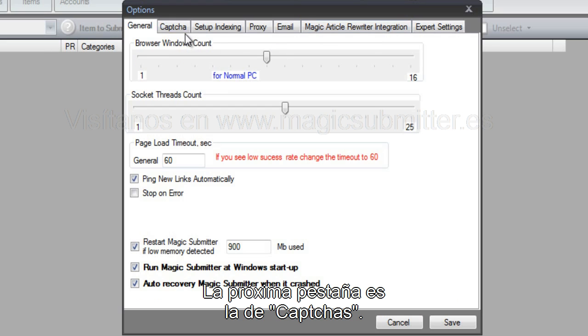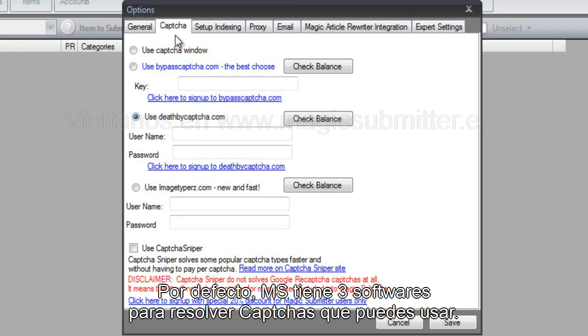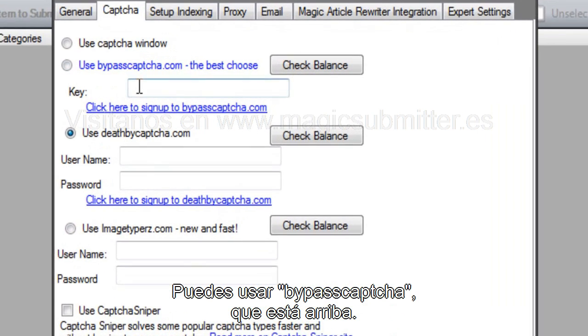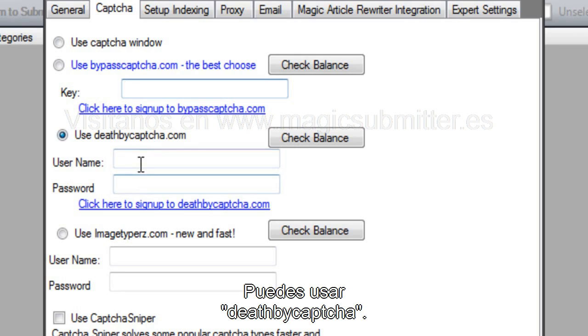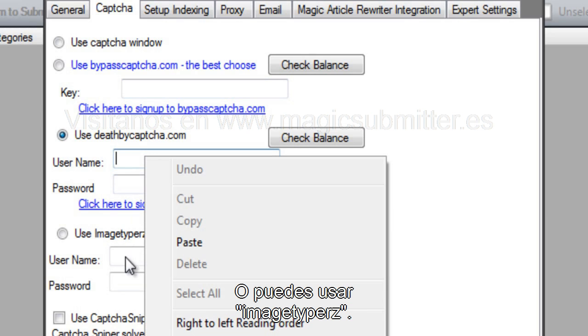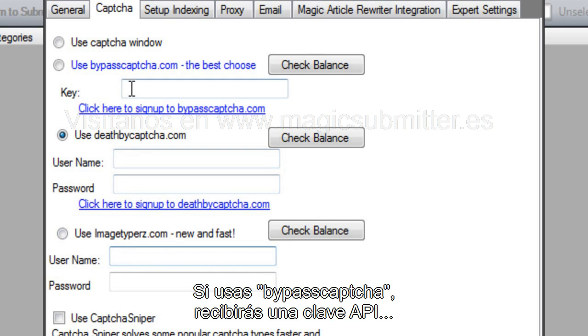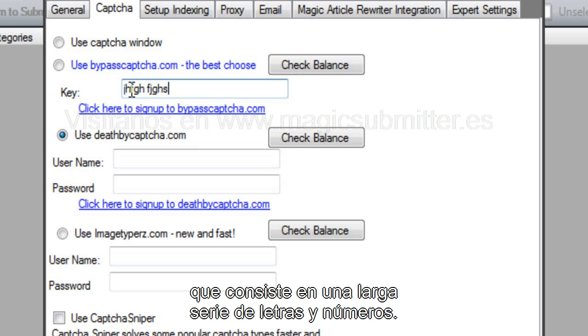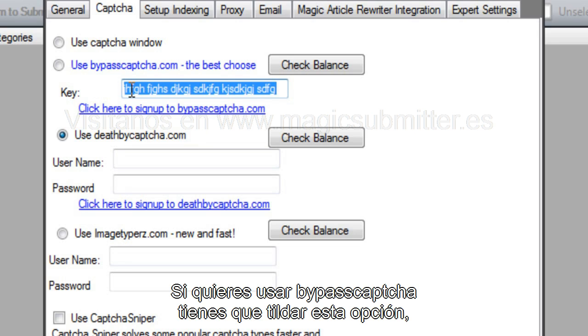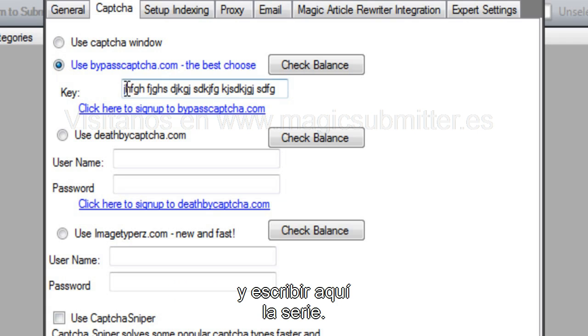The next tab that we need to look at is the captchas tab. By default, Magic Submitter's got 3 different captcha solving softwares that you can use. You can use bypass captcha, which is the one at the top. You can use def by captcha, or you can use image typers. If you go with the bypass captcha, you're going to get sent an API key. It's a very long string of text and numbers. All you would do if you wanted to use bypass captcha is just check that box and put it in